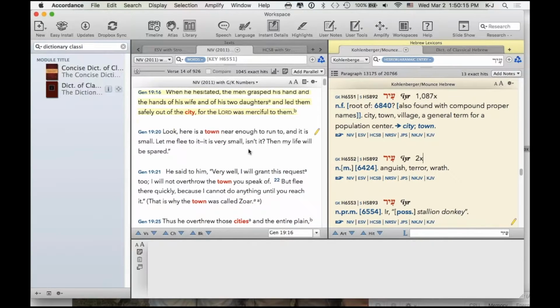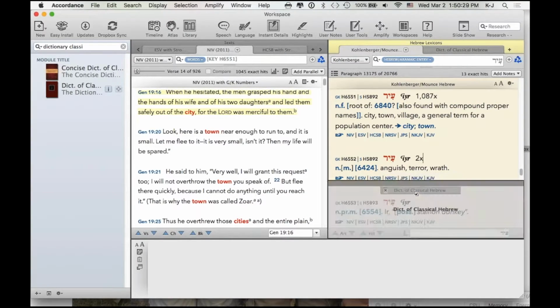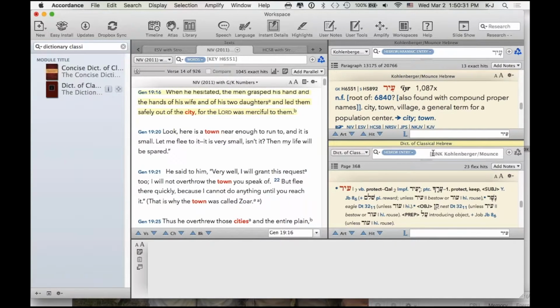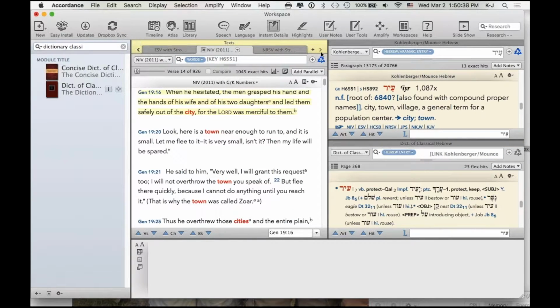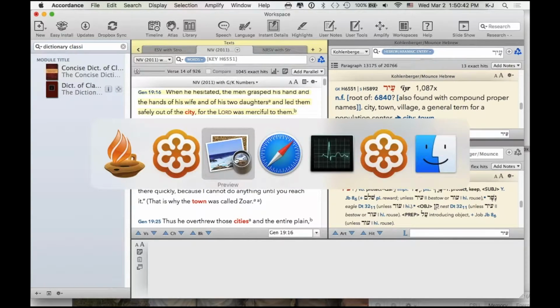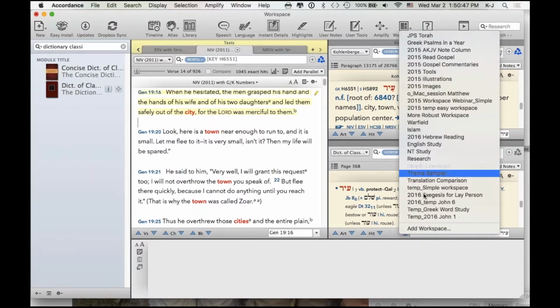Well, let me show you how to save a workspace, and then I'll stop again and leave the rest of the time. We have the next 10 minutes after this for questions. But let's say that you like what you see here, and you've set this thing up, and maybe you dragged your lexicon down there, and we've got this link search set up, and maybe you don't want to have to remember how to do that later, and maybe you want to keep these search results open. Simply go to Workspaces from the toolbar, and I put this in your handout, so it's already written there for you. Go to Workspaces, add Workspace,